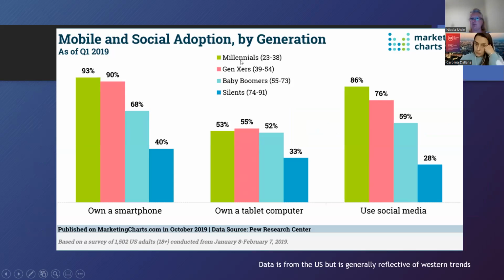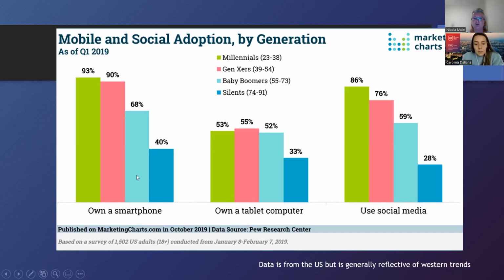So the youngest customers at the moment are the millennials. Back in 2019, the millennials were people aged 23 to 38. Gen Xers, so Generation X, they were the people aged 39 to 54. Baby boomers, after the Second World War, they're people 55 to 73. Obviously, these ages are slightly adjusted for the further time. And the silents, the grandparents of the world, 74 to 91, but they are still worth studying in terms of their purchasing power. They might have a lot of money.